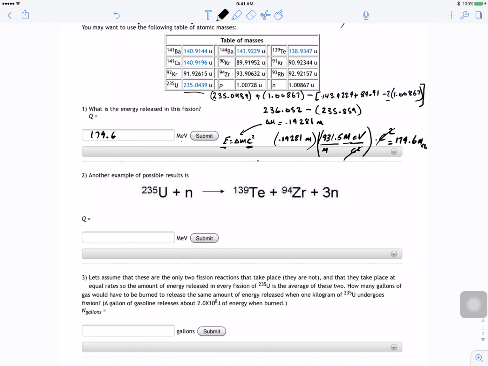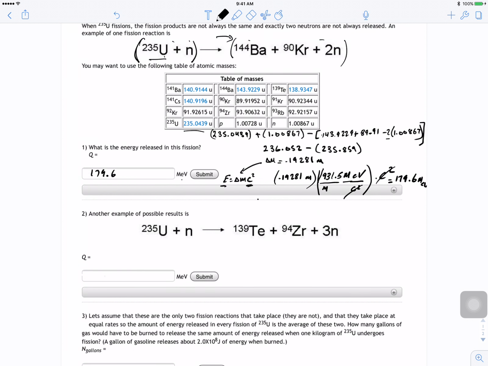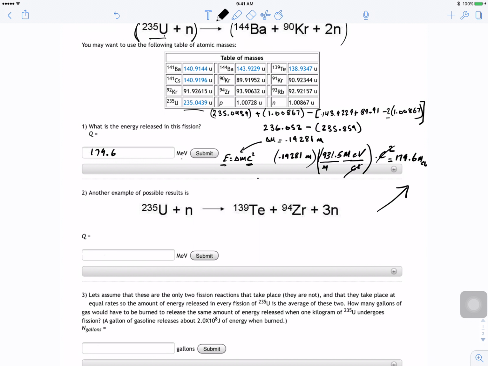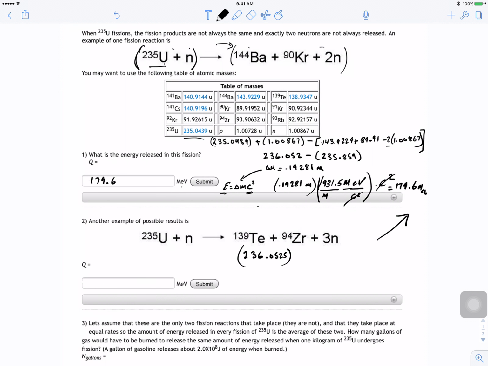For another example of the possible results, we do exactly the same thing we did right here. So 236.0525, because both of them have the same thing, and then minus